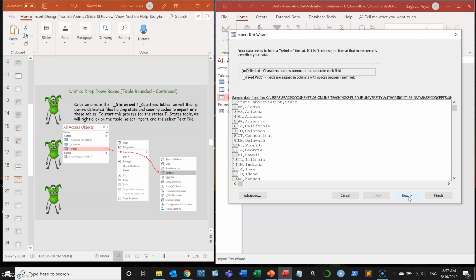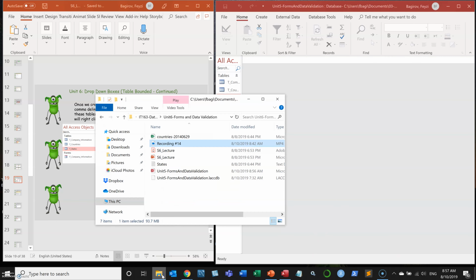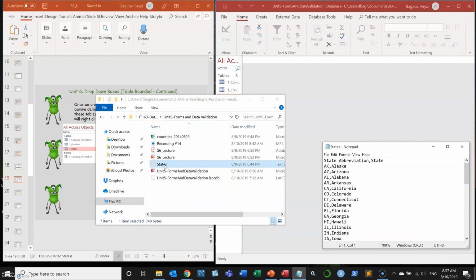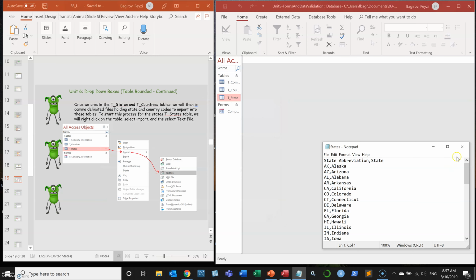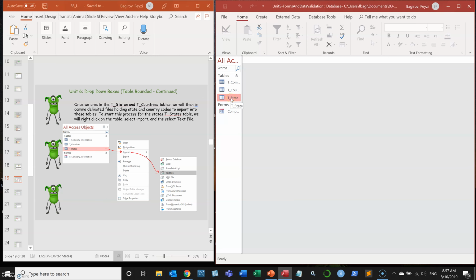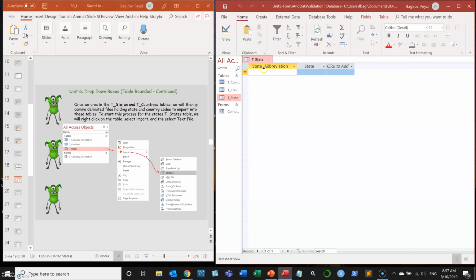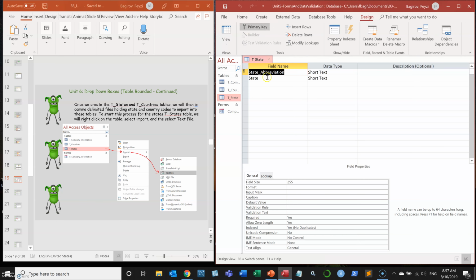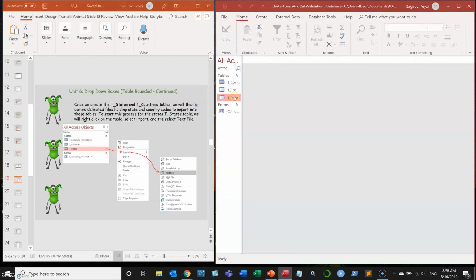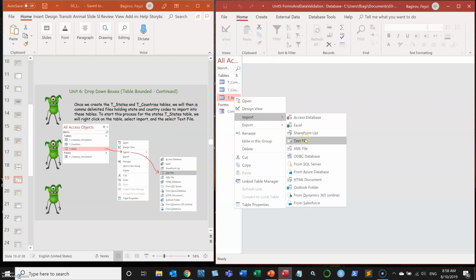Oh, I see what might be the issue. So this state abbreviation doesn't really have. So here's what we can do about it. I'm not going to change the file itself because I already uploaded it. But what I'm going to do, I'm just going to change the field name. It's not the best practice to leave spaces, but just to make a match, we're going to keep it just like the file does. So I'm going to save this. So basically I remove the underscore. Right, so now if we are going to import it,